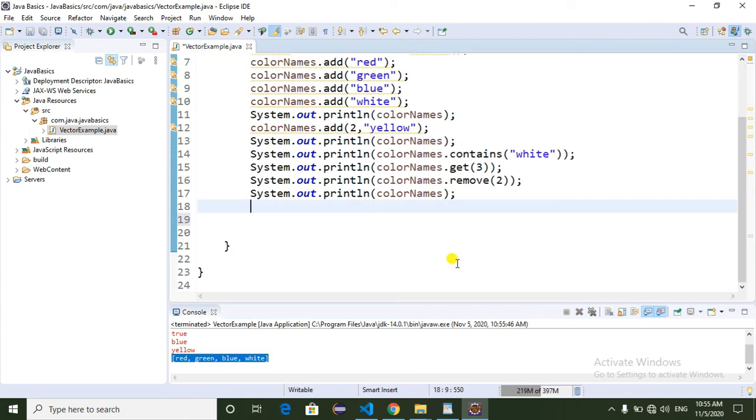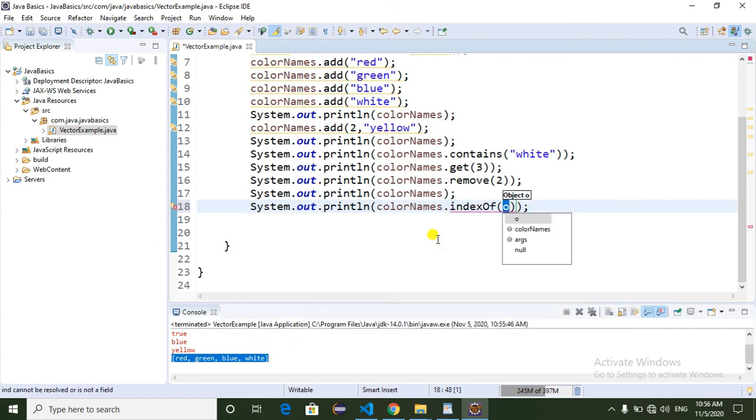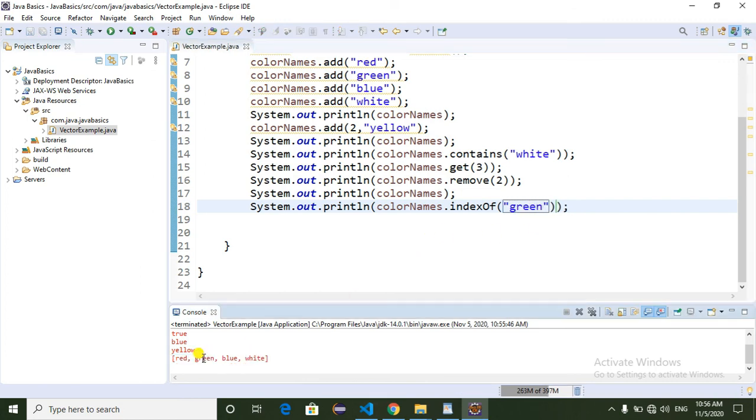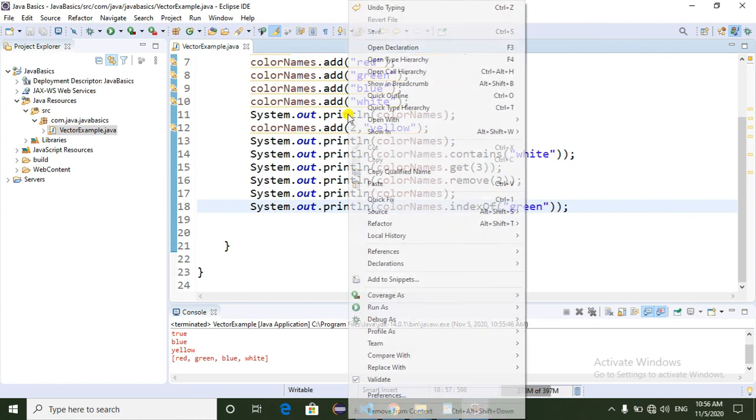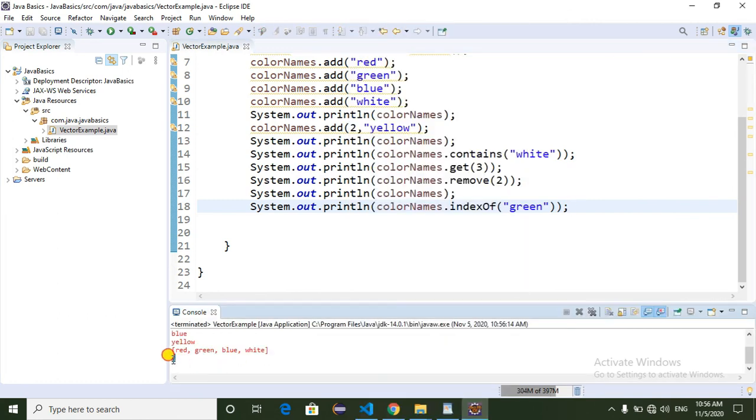Now I am going to find out the index of a specific element. So here I am using indexOf, and I want to use green. I want to find out the index of green, so it will return the index of green. Here we can see the first position.